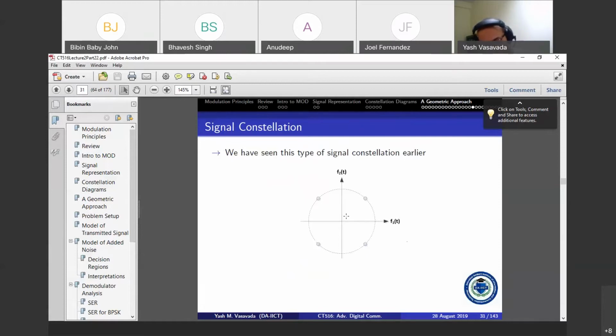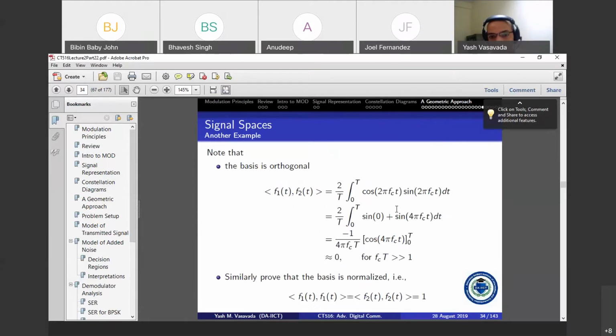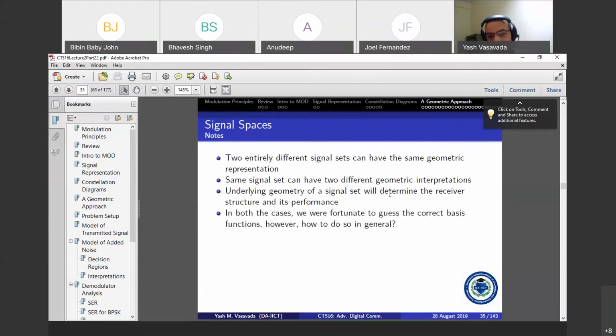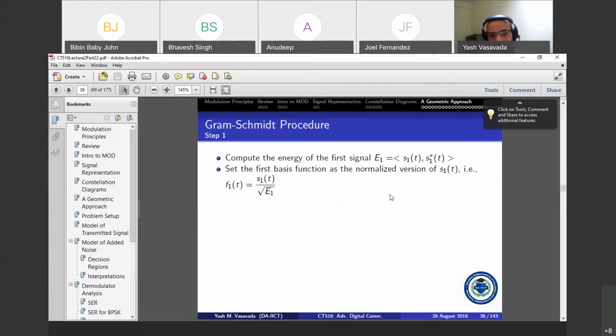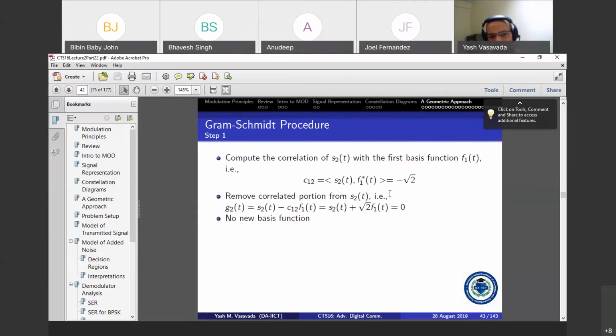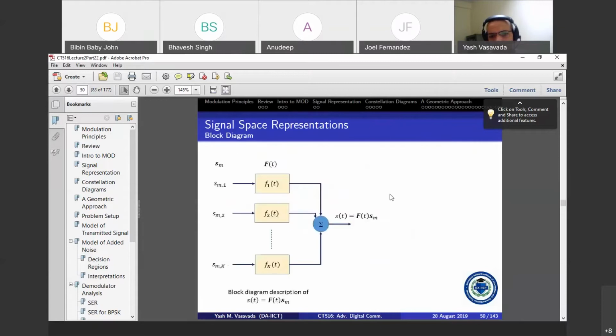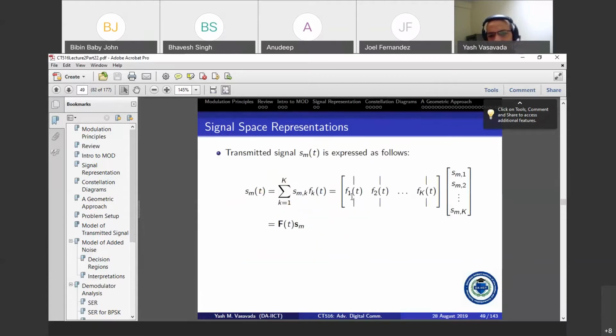And so we said that QPSK can be any such set of 4 waveforms that can be represented like this. The basis functions can also be cosines and sines. And then we have the RF modulated QPSK symbols. We looked at the Gram-Schmidt procedure, which we don't need to get into right now. But the point that I think we want to remember is that a